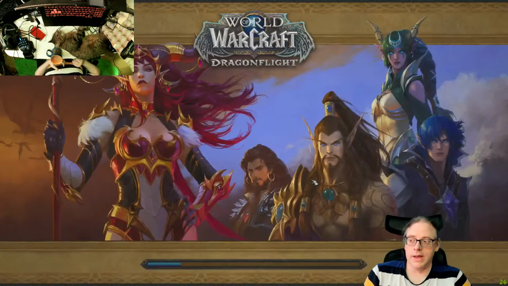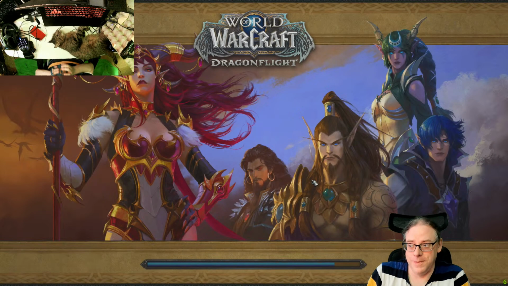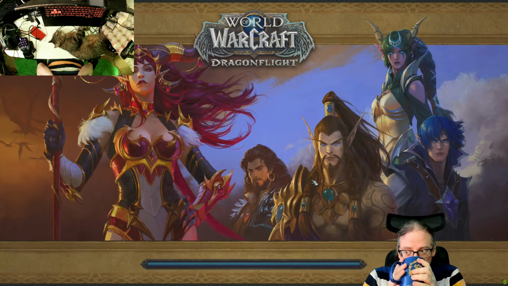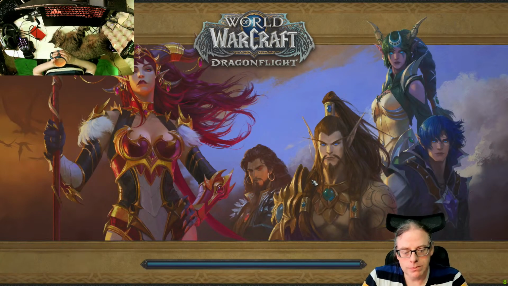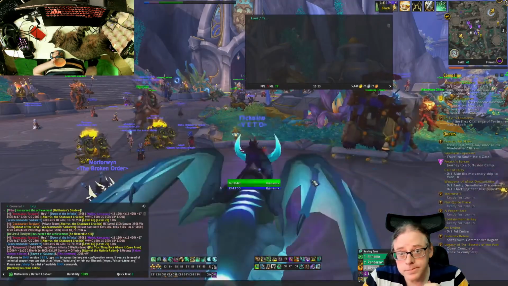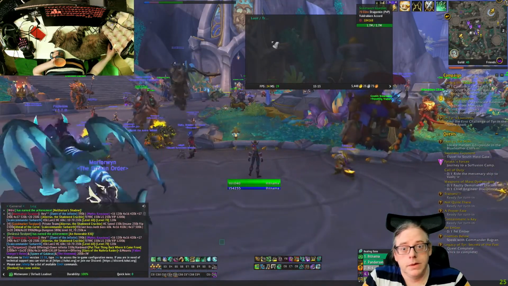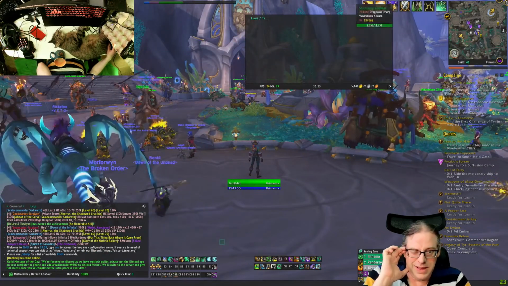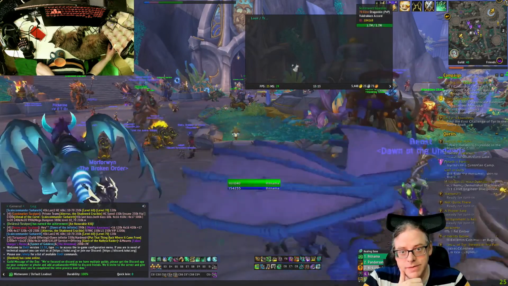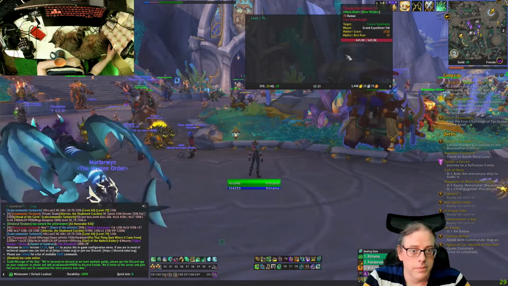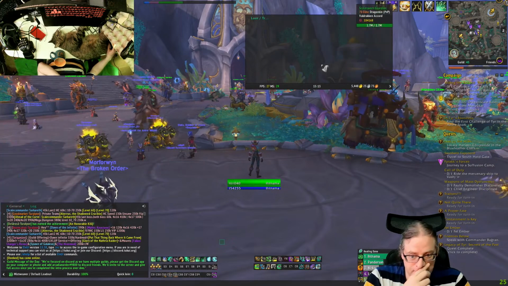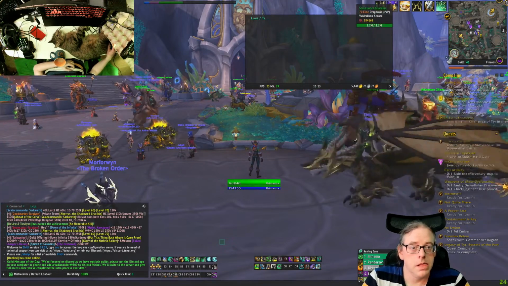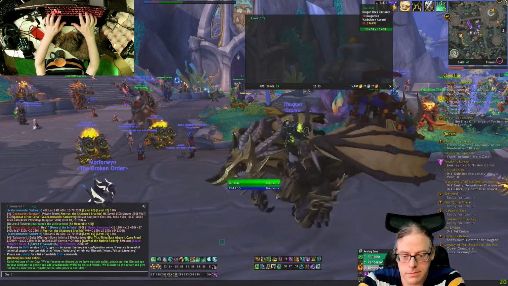Yep, let's reload, see what kind of mess we've got. So a huge loop panel in the middle of the screen, which is not what is helpful. So let's go with